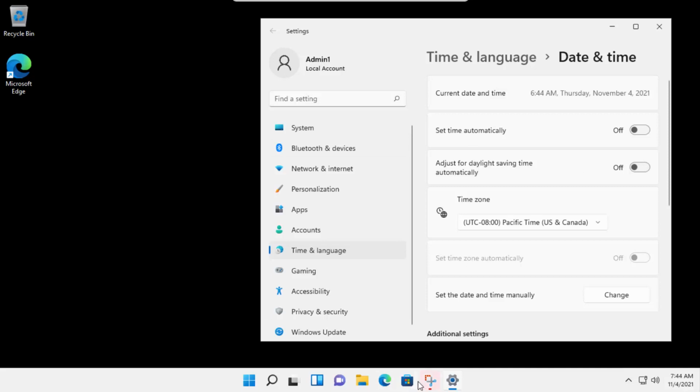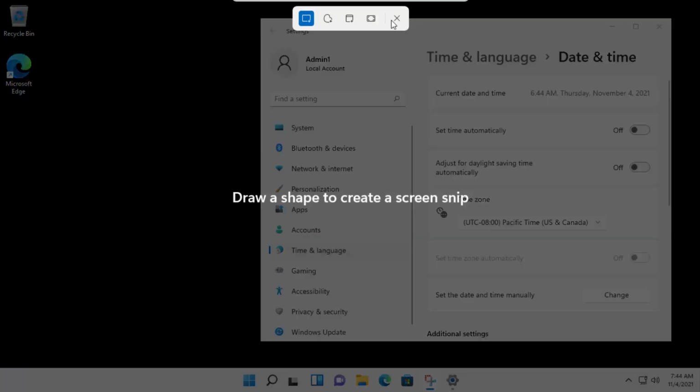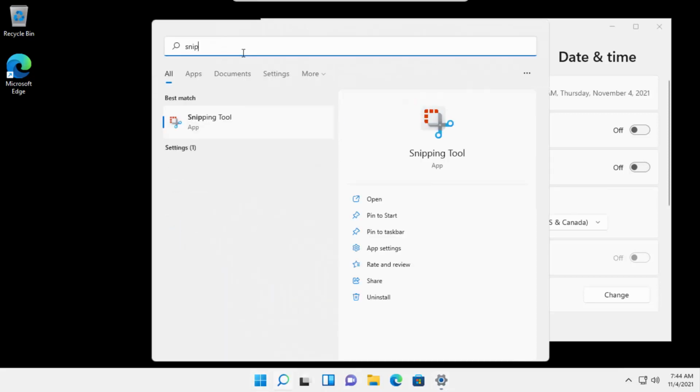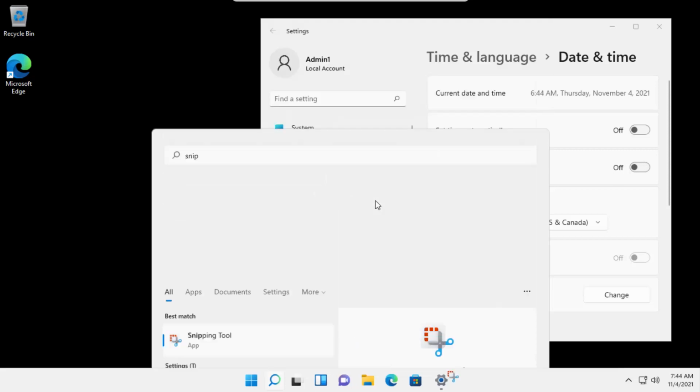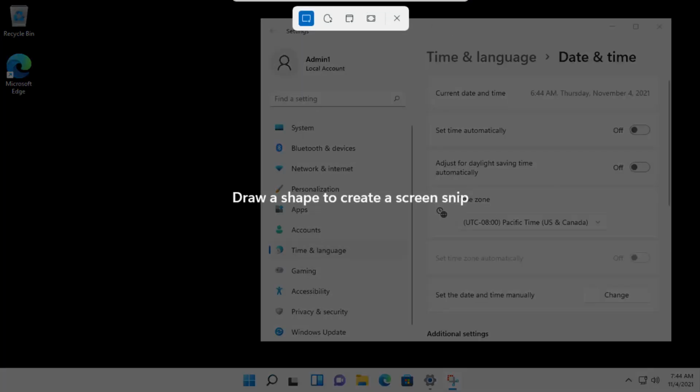Now the system has automatically set the date and time to current date. Now you click on snipping tool and click on new, and it is allowing to snip. And also when I try again, going back to snipping tool application and click on open snipping tool, you can see I am able to create snips. So this is how you have to fix this particular issue.